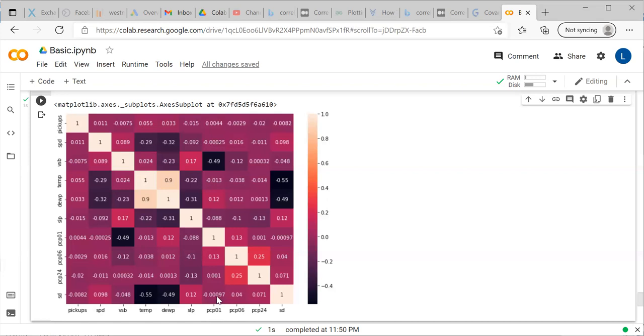So likewise, we can find the relationship between the variables. Basically, why we are finding this is we generally tend to neglect some variables.